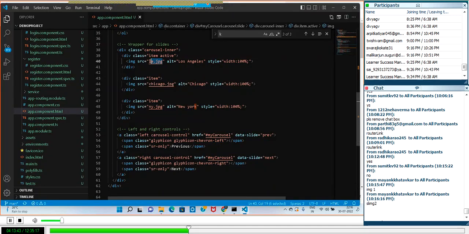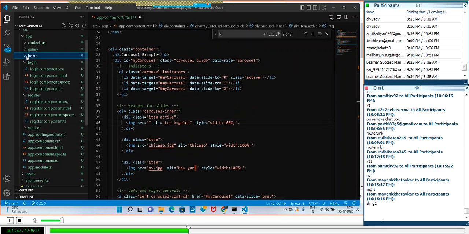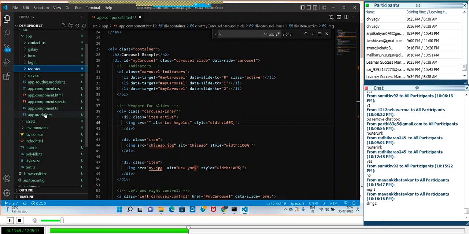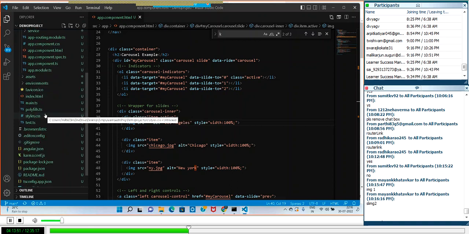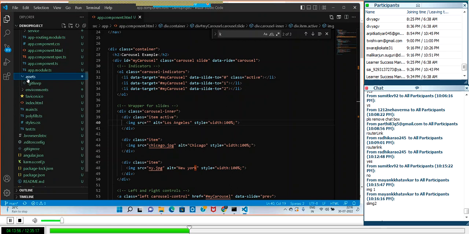Let me remove this one. Guys, listen carefully. If you want to add images, where do you want to add them? What is the folder we have? If you want to add any of the images, we have a folder called as